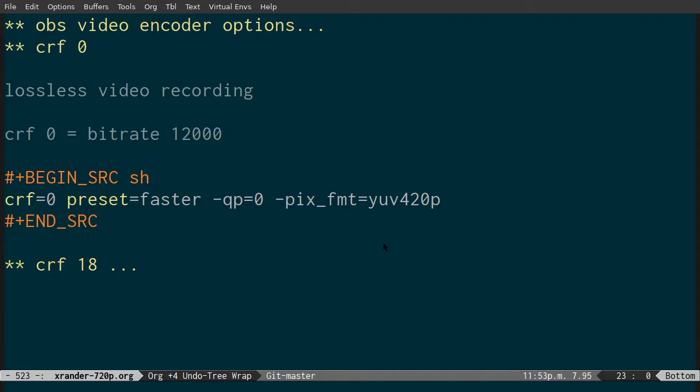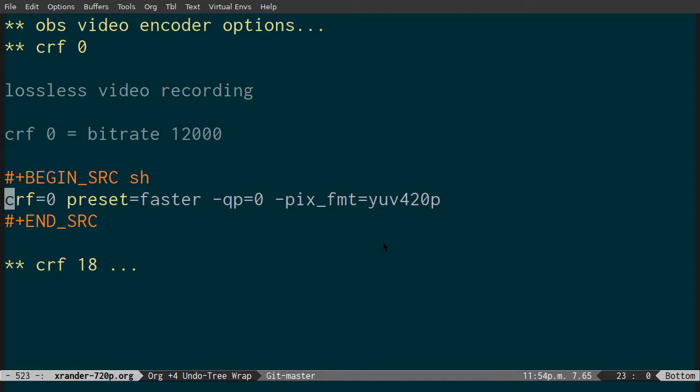When you're in the advanced settings, you have video encoder options that you can specify, and these are ffmpeg options, but they have a particular syntax that isn't an ffmpeg syntax. You can't just put ffmpeg commands into this section. They have to be formatted in a particular way for it to work, and that way is you have to define the option followed by equals and then the value of the option. So for instance here,